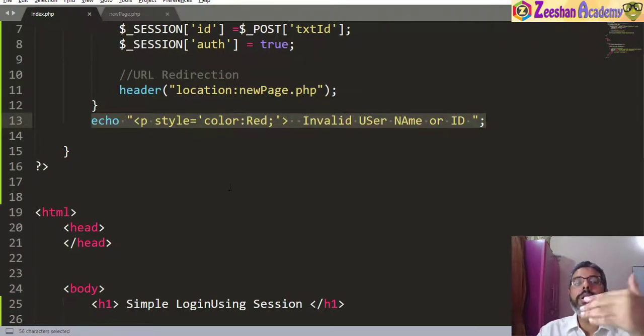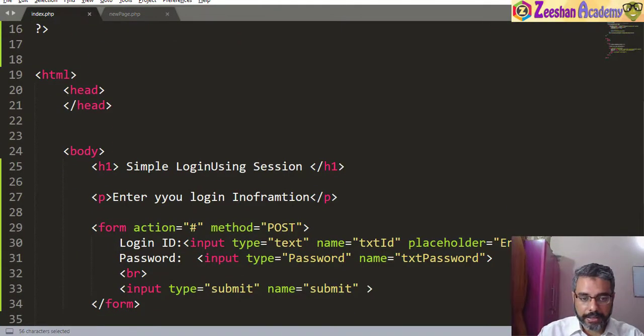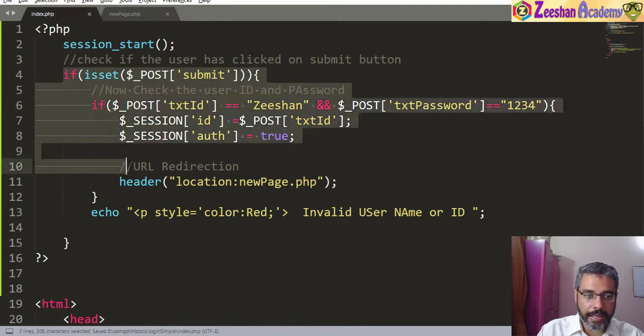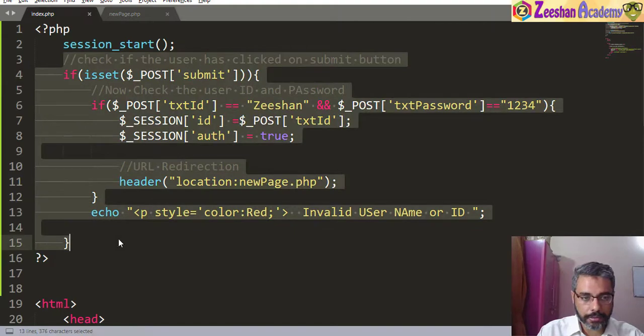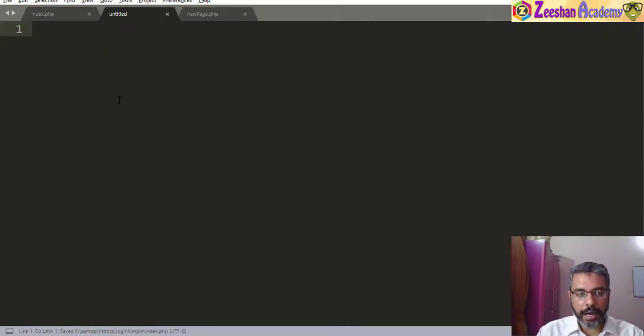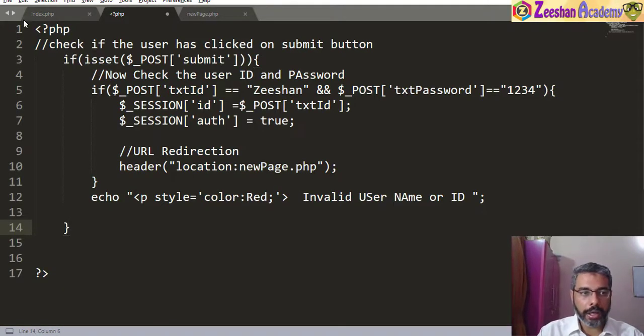Now here, this is reading from the same page. We can insert a third page in the middle. For example, we can say question mark and validate.php. Okay, so you can use validate.php. Save this code here, copy this entire code, Control C or Control X this code, and then create a new page, write your PHP code inside the question mark tags, and the code comes here. Okay, and I will save this within this page called